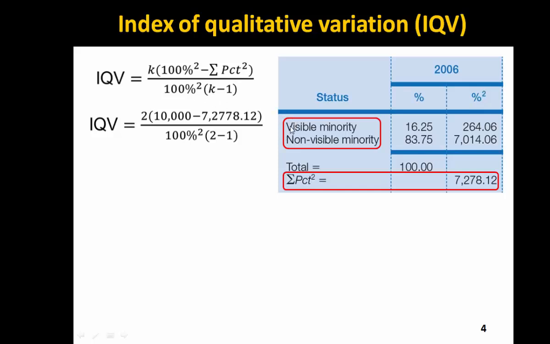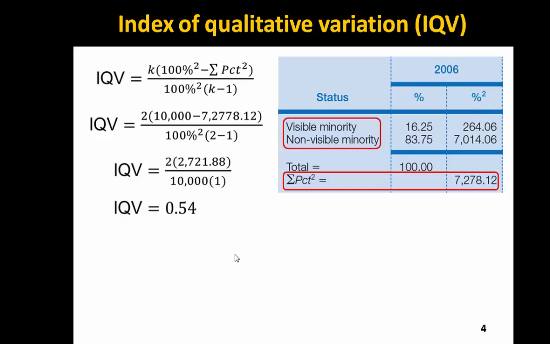Here we have 2 for our dichotomous variable, so we fill in the 2 for the K, and we take our value from the summed right side column, and we work through our calculations. We do everything inside the parentheses first, and we end up with these values. As you can see here, 2 minus 1 is a 1, and we complete our final step, and we have an IQV of